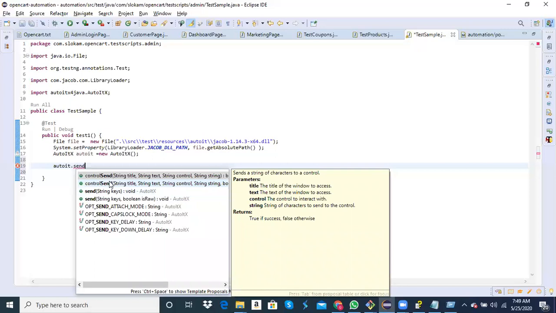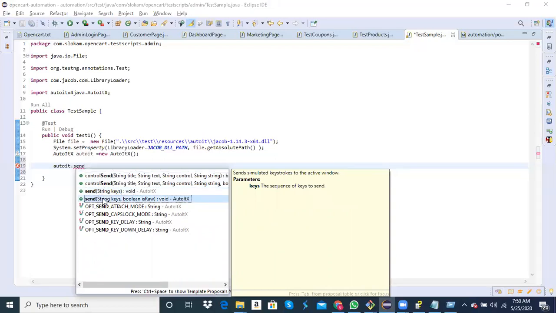So by using a locator, when you want to type something at that locator, use control send. And normal send will type wherever the cursor is available at that point of time. That's the difference. You also have two overloaded versions of send.